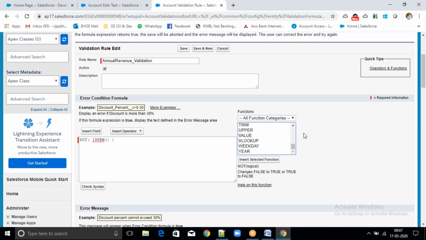See, already we wrote in AND condition and in OR condition, is blank of annual revenue, is blank of phone number. Then I am entering values in 2 fields. Again I am removing one of the fields. I am removing all the values in the fields and I'm trying to save. I'm checking whether it will give an error or not, right? Like this you have to write multiple conditions. By writing multiple conditions, you will get more clarity. Are you getting what I'm saying?